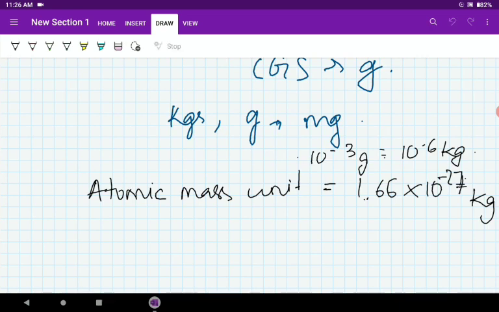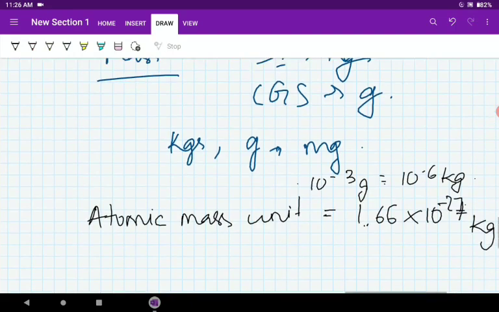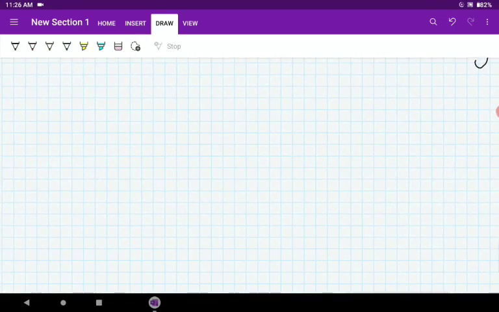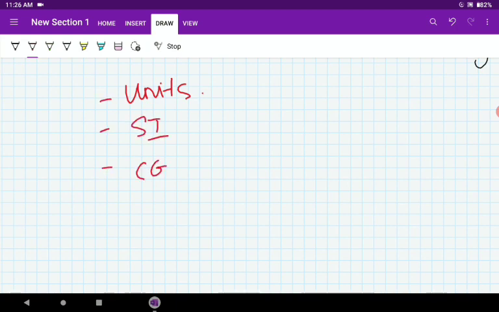So this is what we have learned from this chapter. We have learned what units are and why we measure them. Unit is a standard of measurement. It helps us in measuring. What is the SI unit? What are the CGS units? We have understood them very perfectly. What are prefixes and how they are used? What is a conversion factor and how you can convert units among themselves?